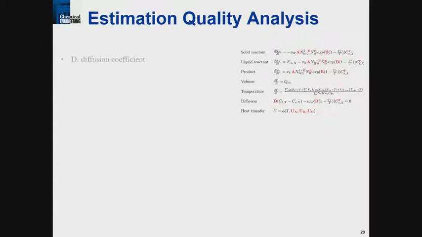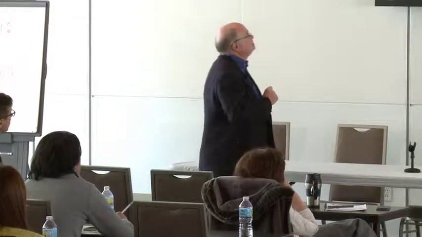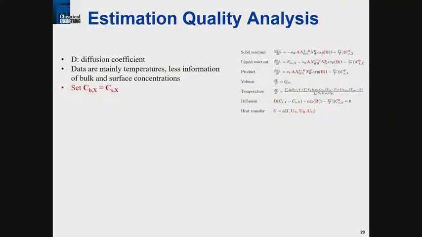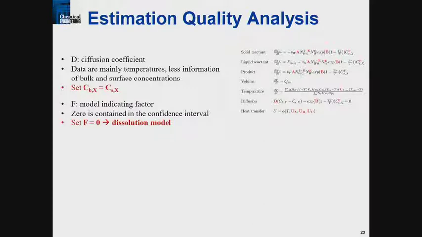So there's the model again, that diffusion coefficient, okay? What if we make an assumption, modify the model and say, let's make that diffusion coefficient, which is non-unique, let's assume that that can be infinite. If that's true, then our boundary layer shrinks to 0, okay? And in that case, we can simplify the problem by throwing out one of these differential equations. In fact, we throw out this guy and simply set this equal to that. So we throw out an algebraic equation. The parameter f basically tells us which model to choose from, and we find out that 0 is contained in the confidence interval. And so we choose the dissolution model.